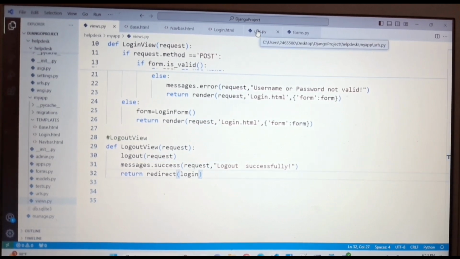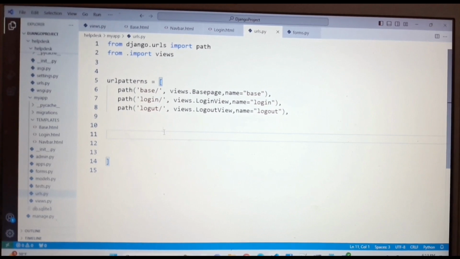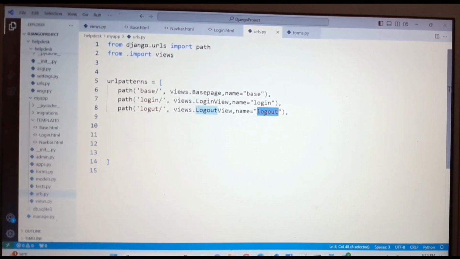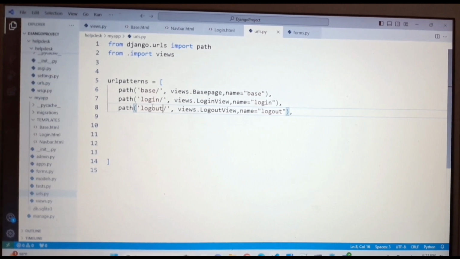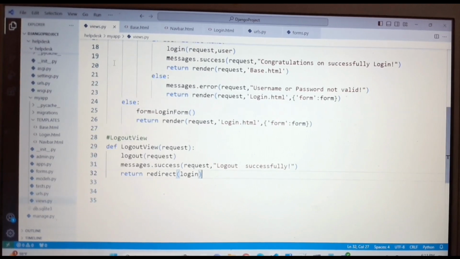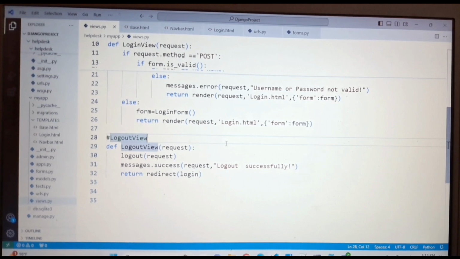And as we have already developed the logout, one second. Here we have a little spelling mistake. Simply copy this one and paste here. Control S. So we have created the URL, and we have created the view. The next thing we have to do is link this